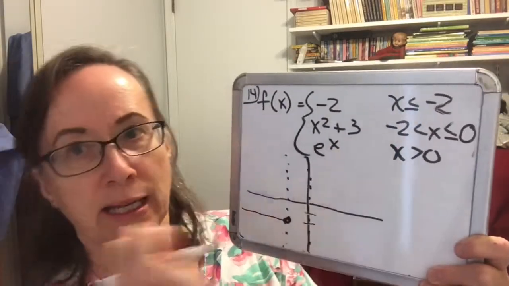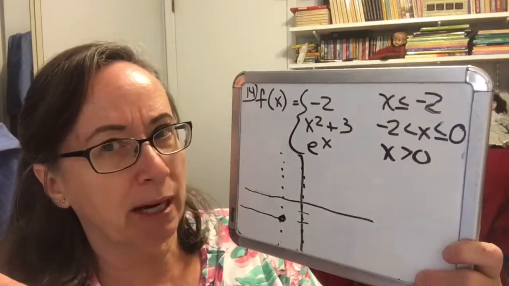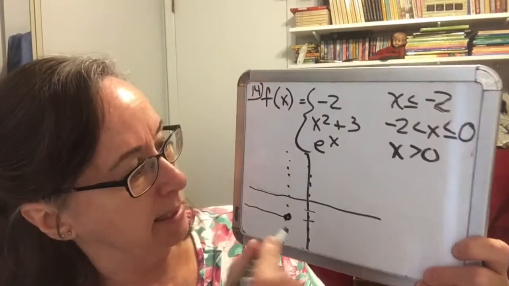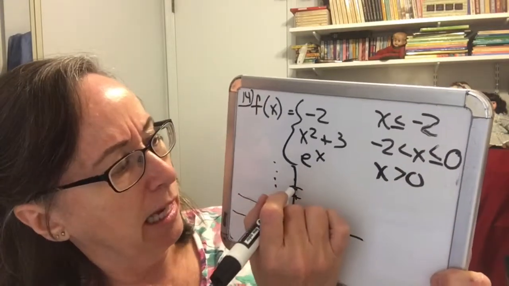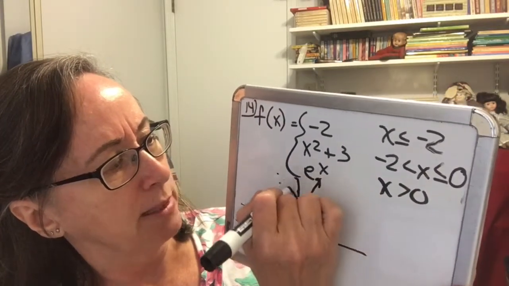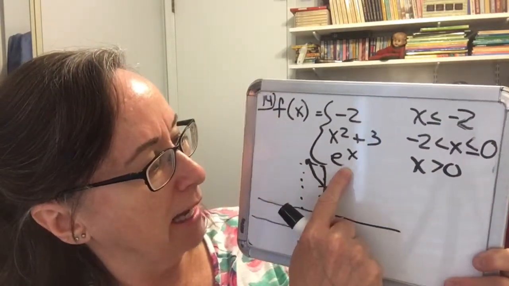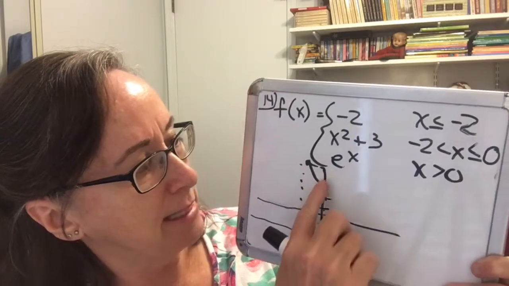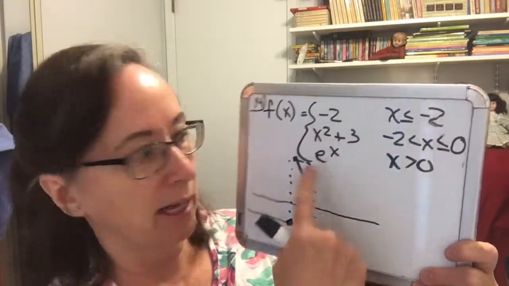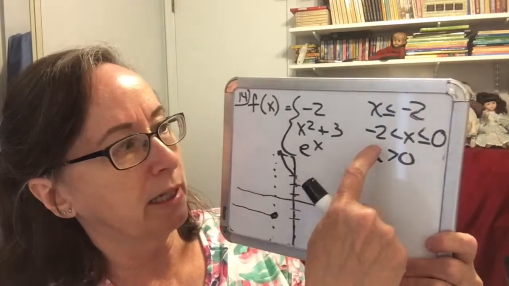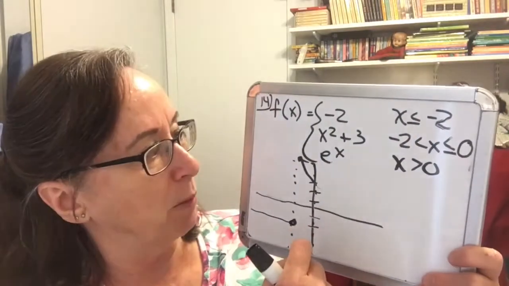And the next little region is a quadratic function, x squared plus 3, which means I'm going to have my basic parent x squared function shifted up 3 spaces. So 1, 2, 3. If I were going to graph the whole function, it would be going upward from there on both sides. Okay, but I'm not graphing the whole function. I am not graphing this side because this side is entering a new domain ruled by a different ruler, and that ruler is going to be e to the x. So we're going to leave that guy alone. We're only working on -2 to 0, and between -2 and 0, this is kind of what it looks like,